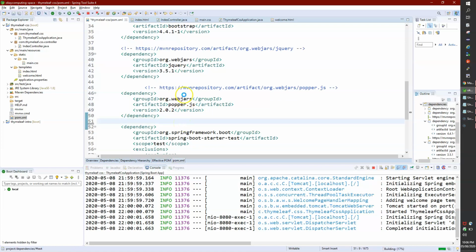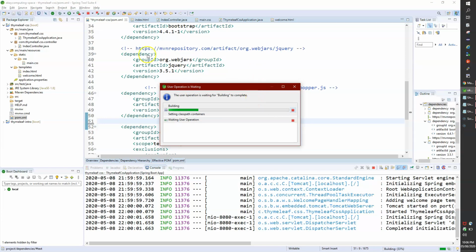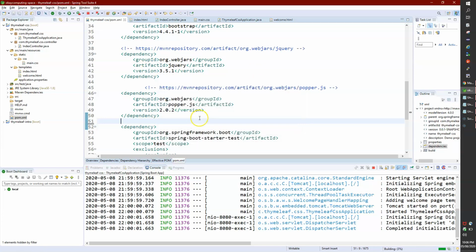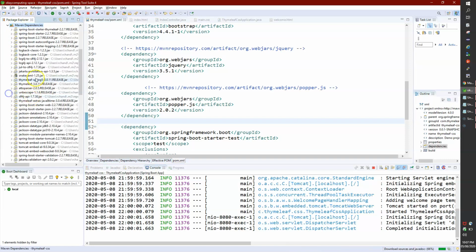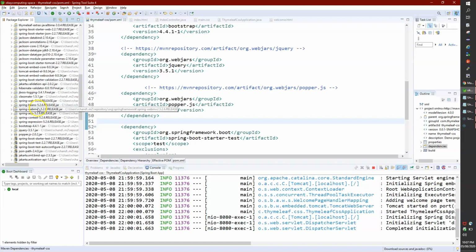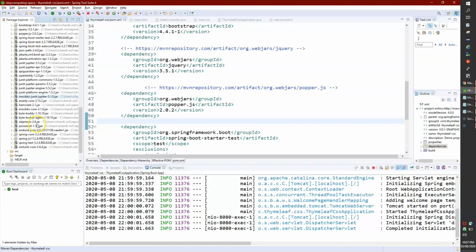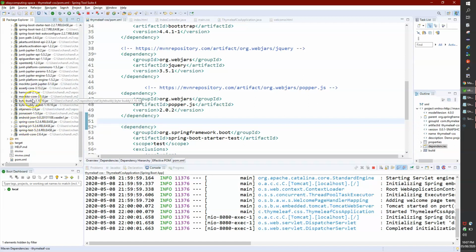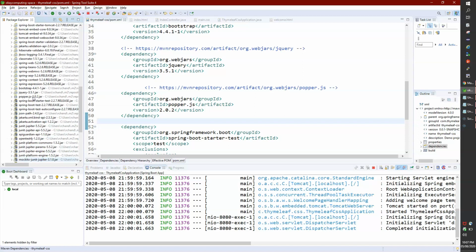Now let me see how it's updating my path. Let me go and download the WebJar dependencies. If I go to my Maven dependencies, I'll see something called WebJar dependency somewhere. Where can I see WebJar? I can see the Bootstrap dependency here.